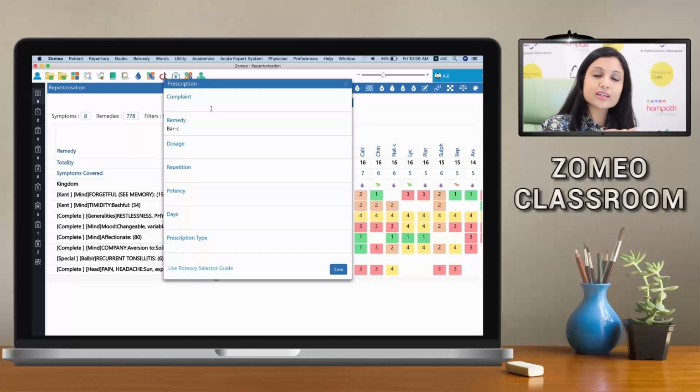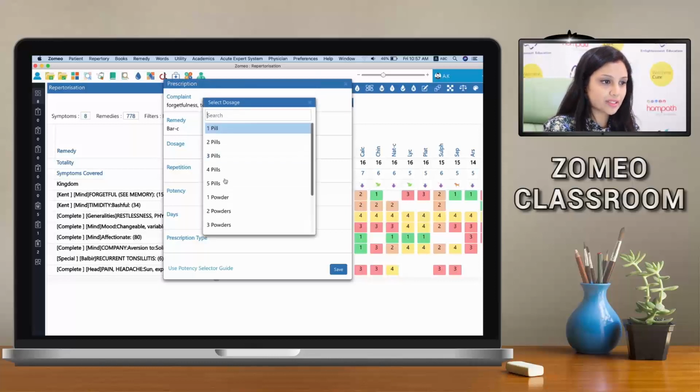So tomorrow when the patient comes for a follow-up rather, I have all the information readily available with me with regards to Baraita-Carb and how it has been prescribed. Okay, so for the complaint of forgetfulness, tonsillitis, I prescribe the remedy Baraita-Carb. Okay, I prescribe it as